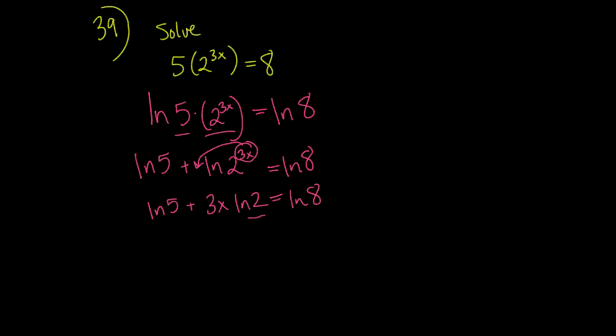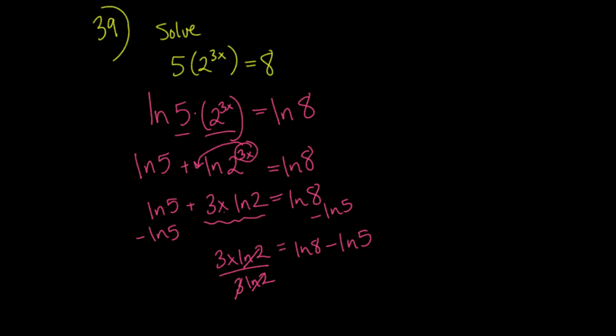So this is the only term with an x in it. So subtract that natural log of 5, bring it over to the other side. So you have 3x ln 2 equals ln 8 minus ln 5. Divide both sides by 3 ln 2. Cancels that ln 2 and this 3. And I have to do it to this side, so that is 3 ln 2 as well. So x is equal to,